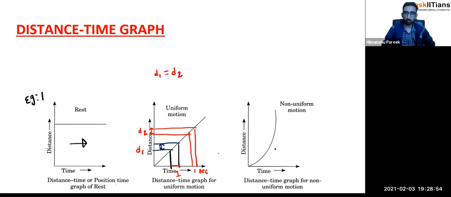Now, for a non-uniform motion, this graph would not be linear. It would be some curve actually. Now when it is a curve, then we will get unequal distances in equal intervals of time. Suppose you take this interval, then this is the distance covered, this much. You have to look at the y-axis. Suppose somebody takes this time interval,